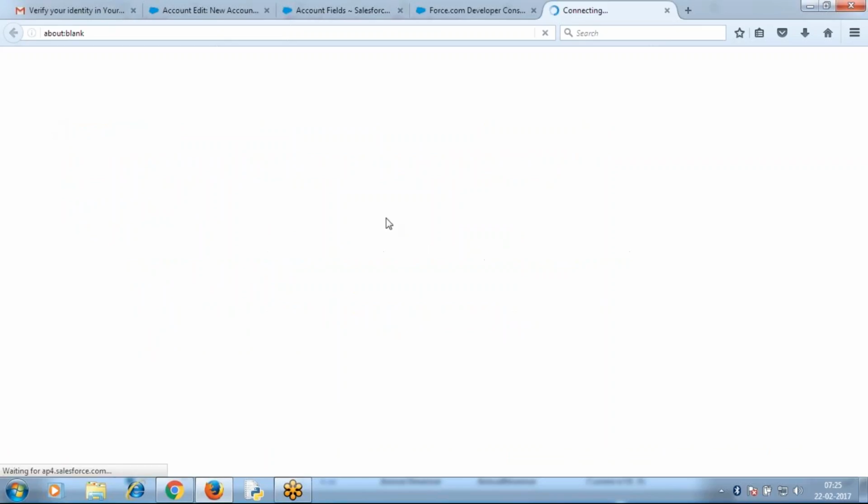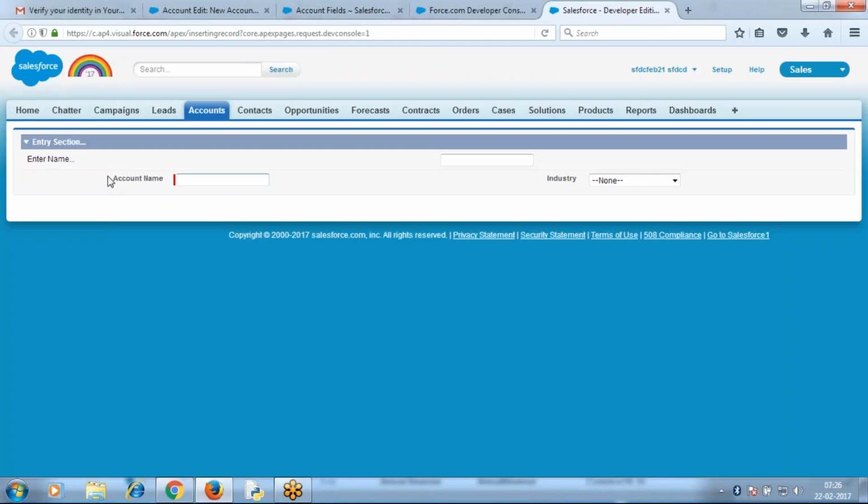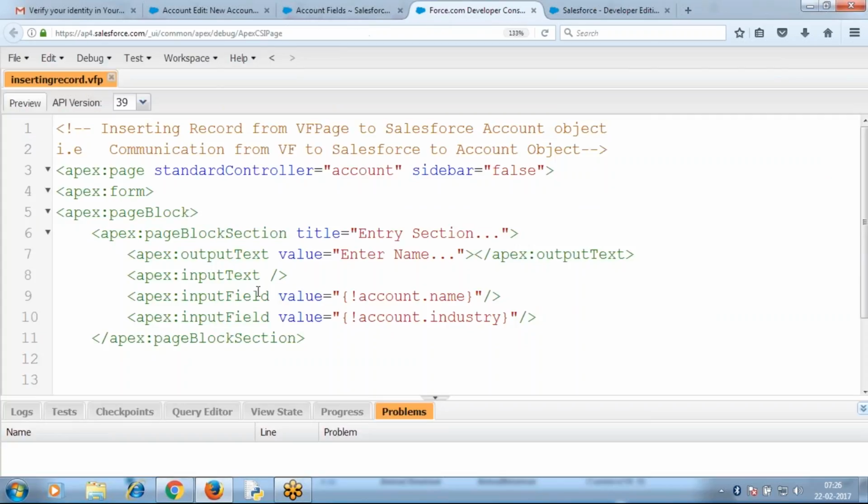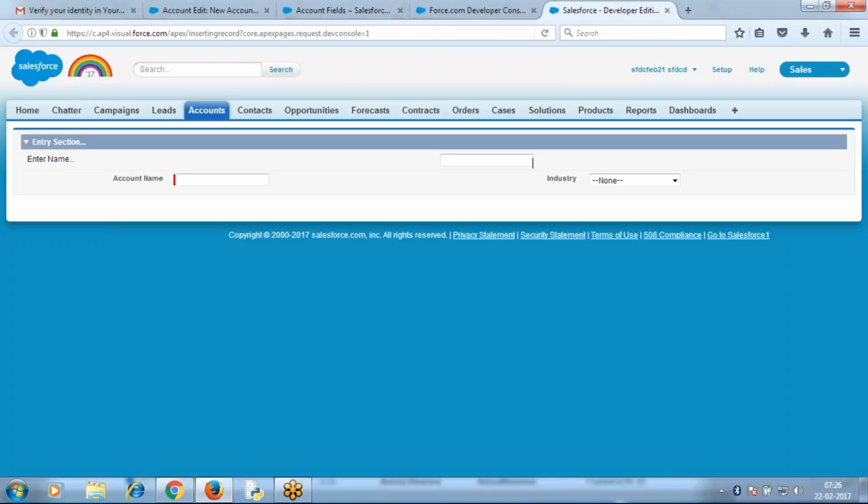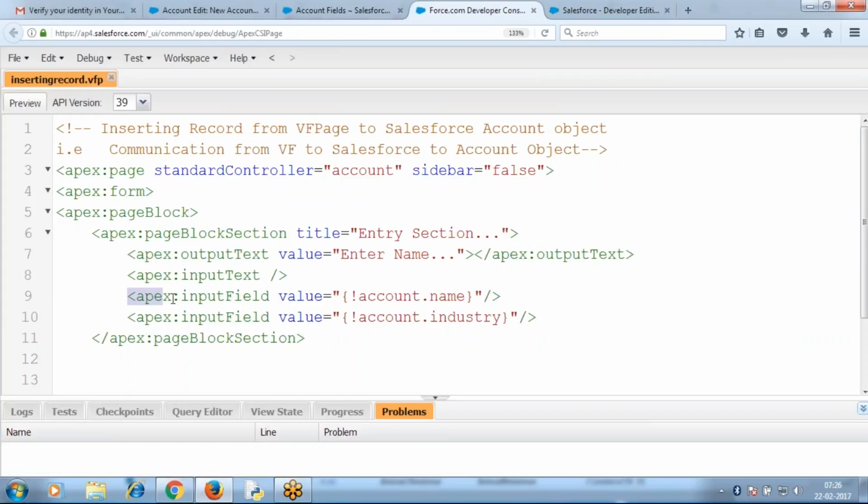If you observe now, review. So there's an enter name, it's an output text, input text like this that is displayed. Enter name as an output text, input text. That's why it was written as output text, input text. But it's not bound. Our input box is not bound, you can just enter the value. But when you use input field, when I'm using input field account dot name, what is